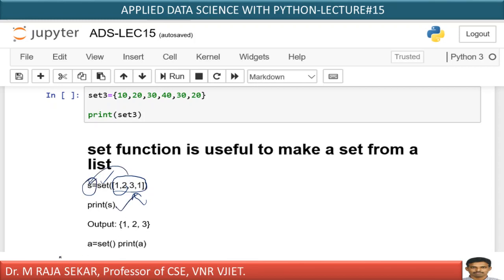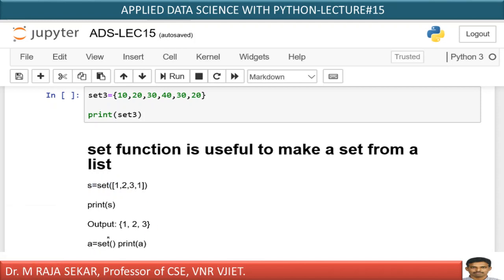I am printing that one. Even though there is a repetition, repetitions are not allowed in the set. Therefore I am creating a set by using the set predefined function, to which we are passing a list. By taking this list as an argument, the set function creates a set and returns it, which will be stored in s. That s we are printing, isn't it?